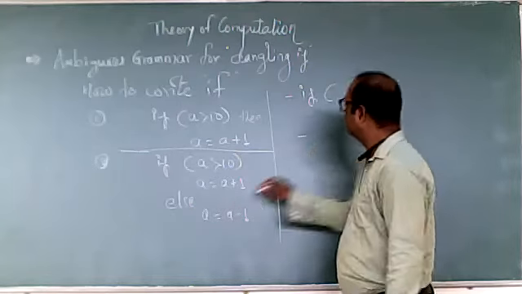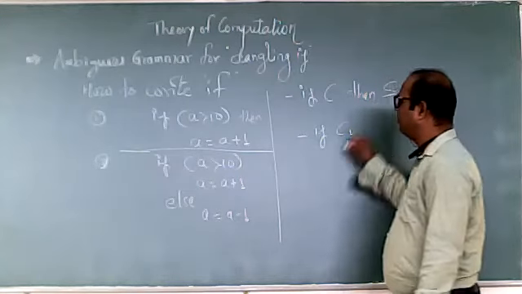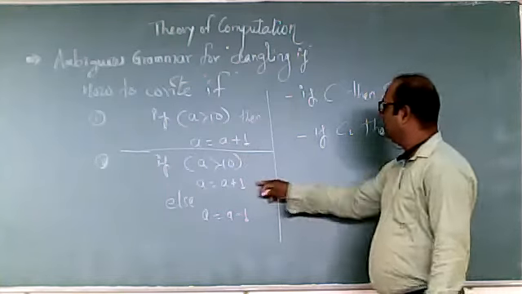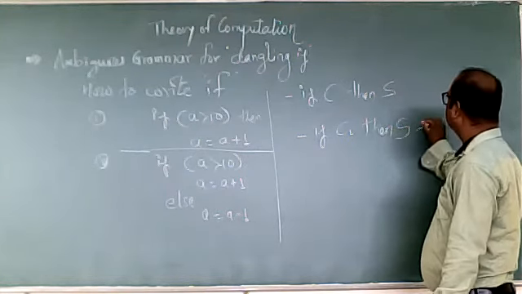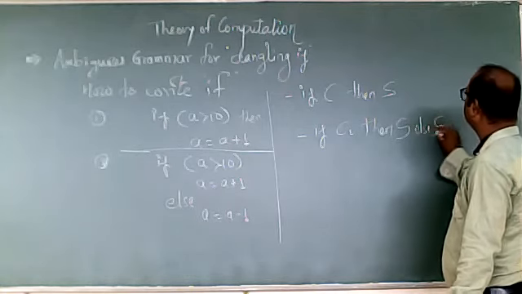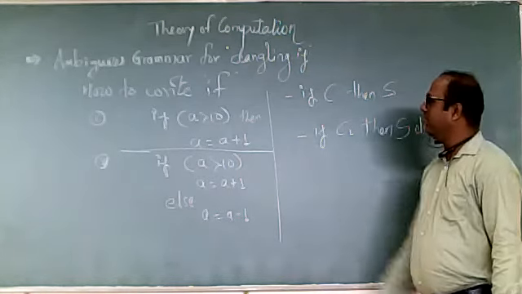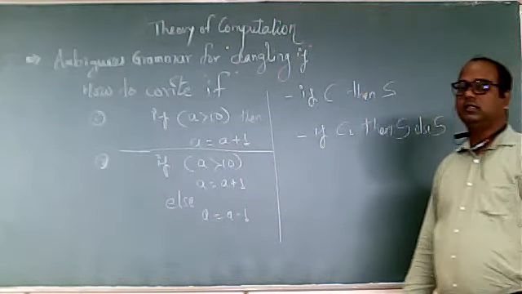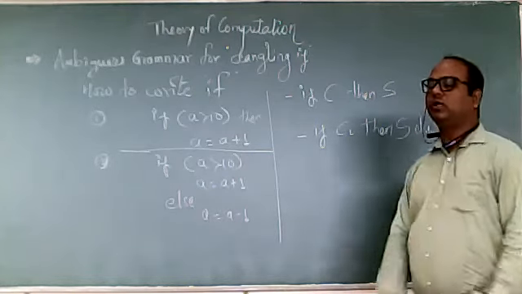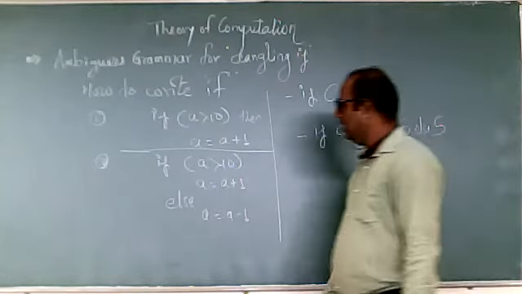Now the second if format may be this. How will I write it in short? If condition 1, then this statement, else the second statement. I am writing the if in these two forms because I must write it in a simplified way to remove the ambiguity. So I am just writing this if in short. Okay.